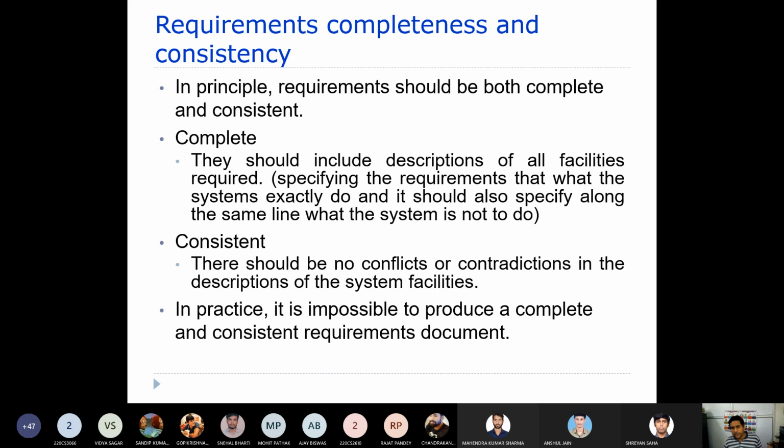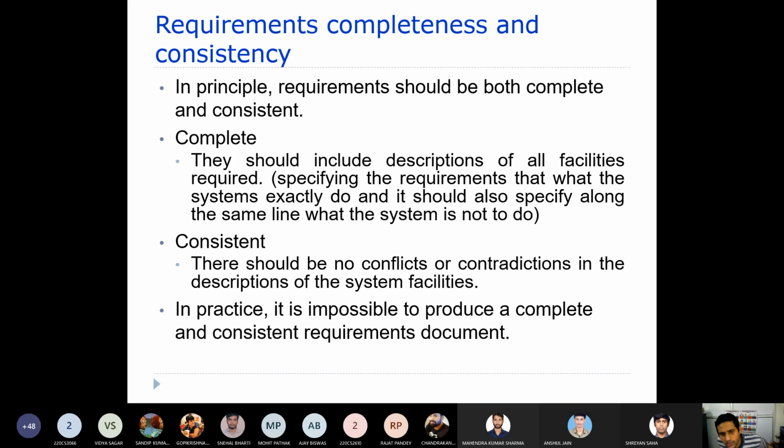So the requirement should be very complete. That means the facilities or the services that are expected from the system should be specified. No requirement should be missed out.